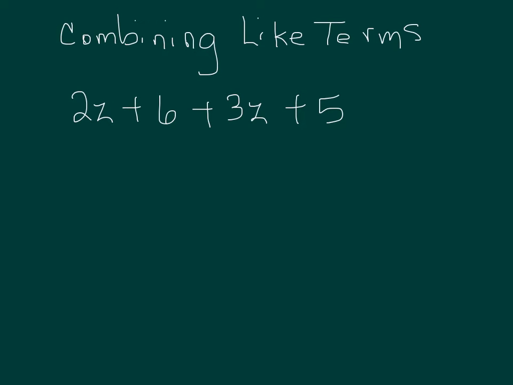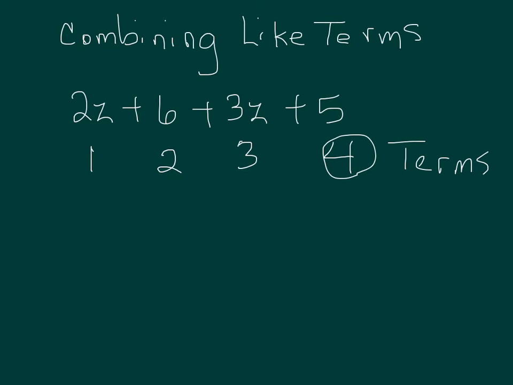Okay, in this video we're going to be combining like terms. Look at the expression we have, 2z plus 6 plus 3z plus 5. Notice your terms are separated by a mathematical symbol. So here we have 2z is one term, 6 is a second term, 3z is a third term, and 5 is a fourth term. We have 4 terms in this